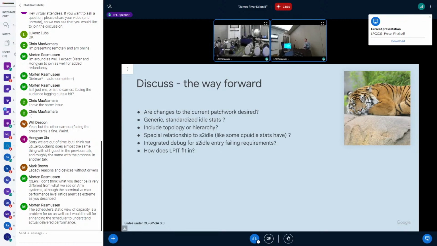Is there a possibility there to add something so that if your static suspend doesn't work out and you didn't enter some runtime idle mode, you can actually see by looking at that particular subsystem? And again, also the LPIT, how does that fit in? That's what I wanted to discuss. And I didn't just want to throw a patch set onto the mailing list. I thought it was far preferable to discuss this with you highly esteemed gentlemen here.